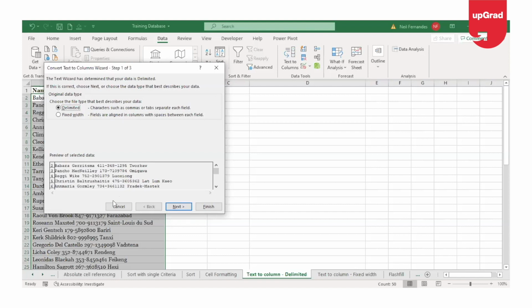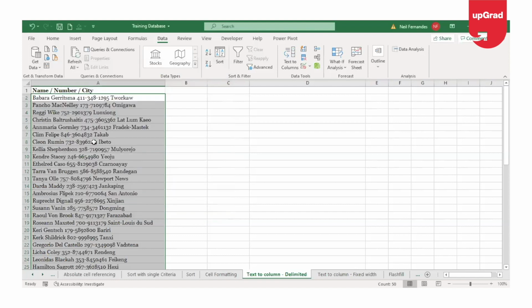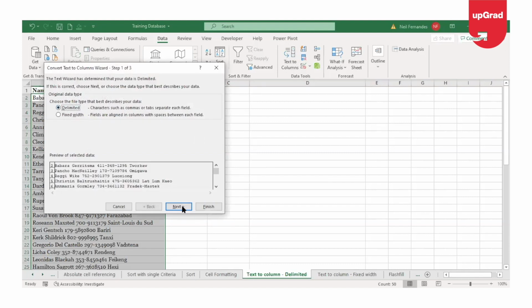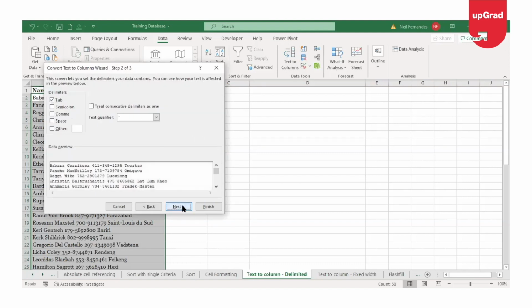The data here contains a space as a separator, so we will use the delimited option. So I'm going back, click on delimited, and then click on next. In the next window, I will select the delimiter type, which is this space. So I go on to space, remove the default tick on the tab.